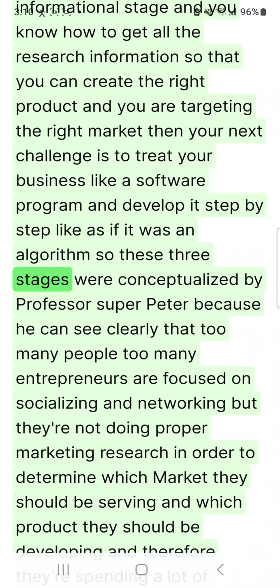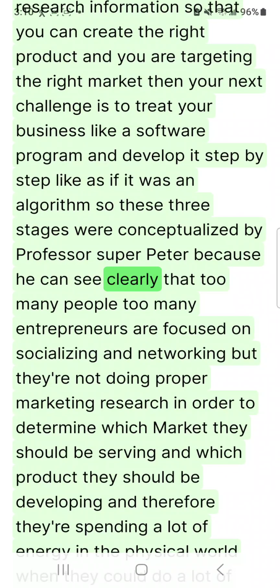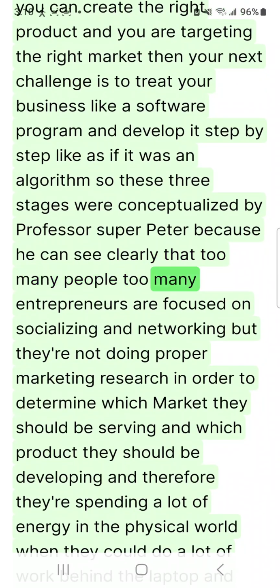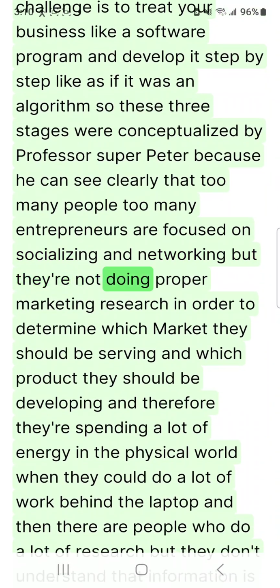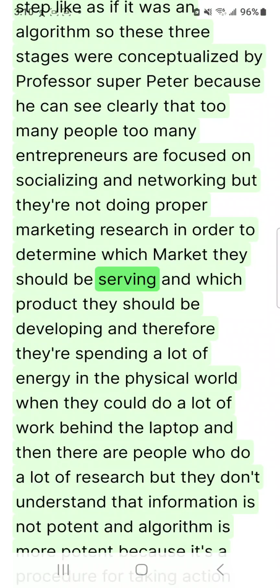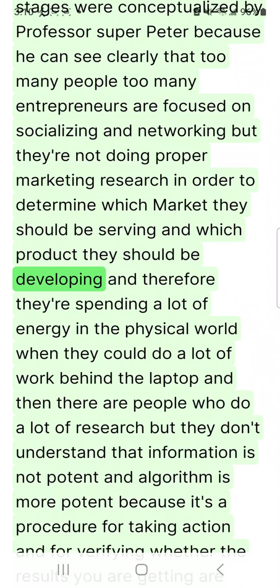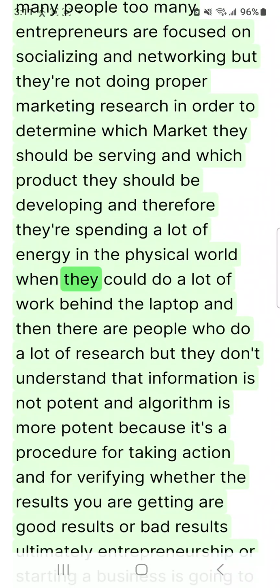So these 3 stages were conceptualized by Professor Super Peter because he can see clearly that too many entrepreneurs are focused on socializing and networking, but they're not doing proper marketing research in order to determine which market they should be serving and which product they should be developing. And therefore, they're spending a lot of energy in the physical world when they could do a lot of work